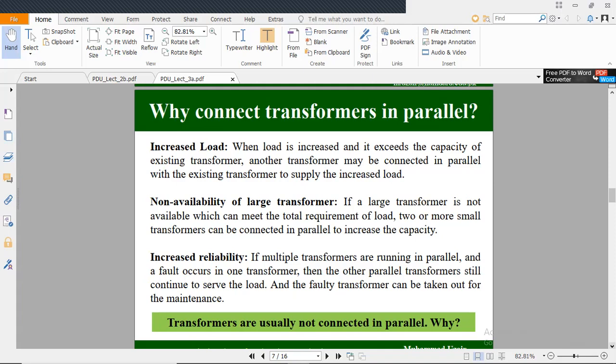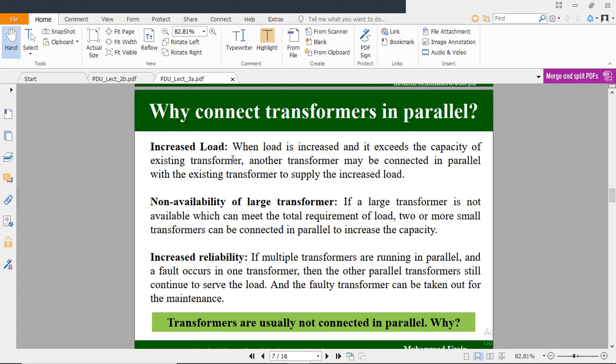We will discuss synchronization a little later; first let's talk about parallel operation. For parallel operation of transformers, the polarity or winding dot polarity should be the same, and their voltages and all these aspects should be the same, then parallel operation will happen. You also answered very well that to increase the capability to drive the load, we need to connect transformers in parallel.